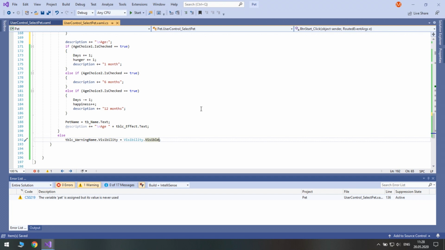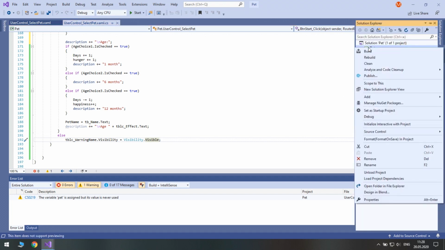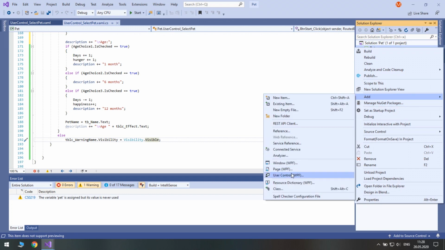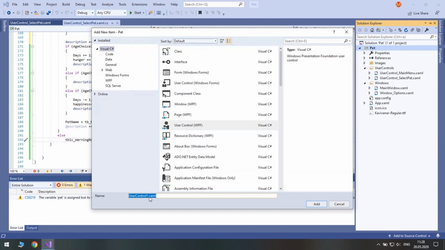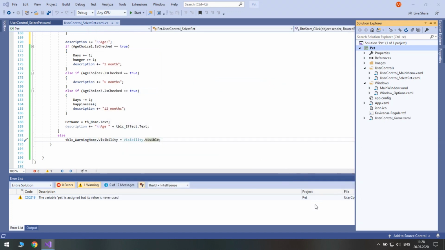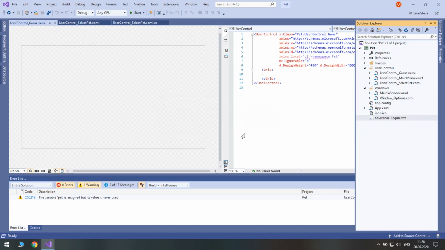Let's create a user control for the game. We need to modify its constructor to accept the necessary parameters from pet selection.